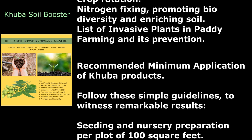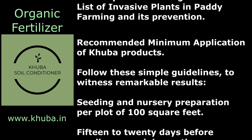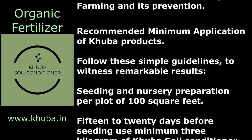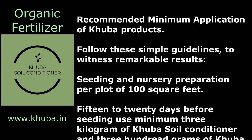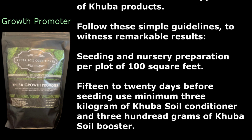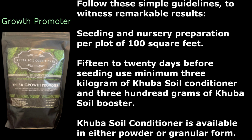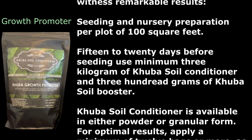Recommended minimum application of Khuba products. Follow these simple guidelines to witness remarkable results. Seeding and nursery preparation per plot of 100 square feet. 15 to 20 days before seeding, use minimum 3 kg of Khuba Soil Conditioner and 300 grams of Khuba Soil